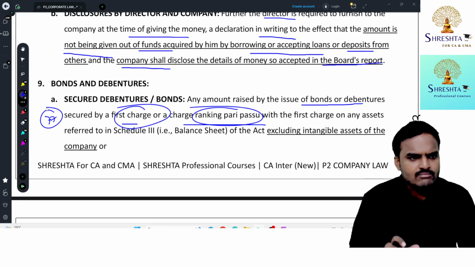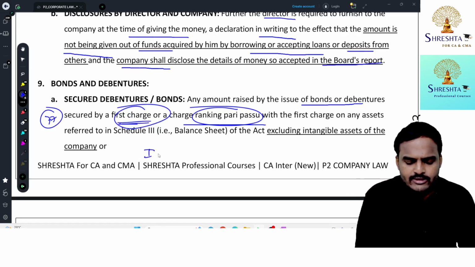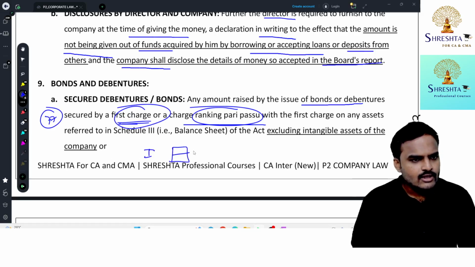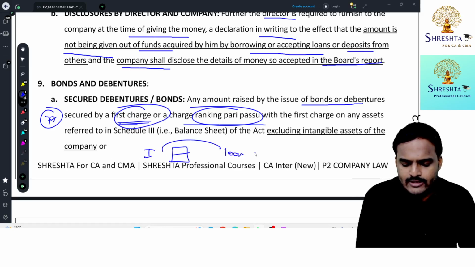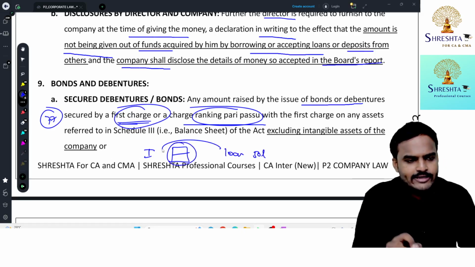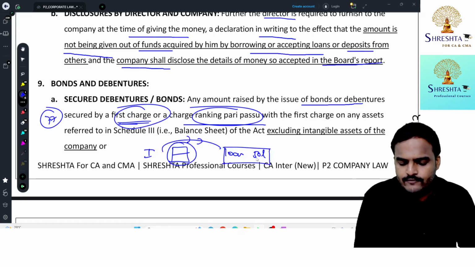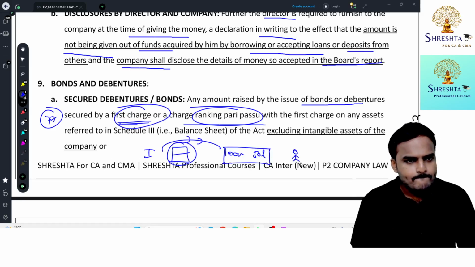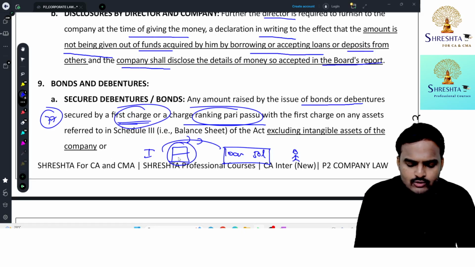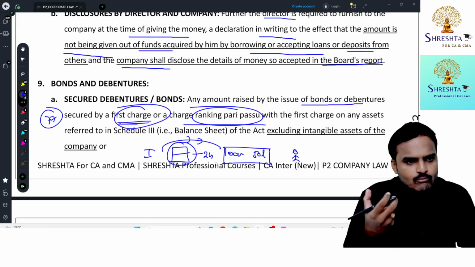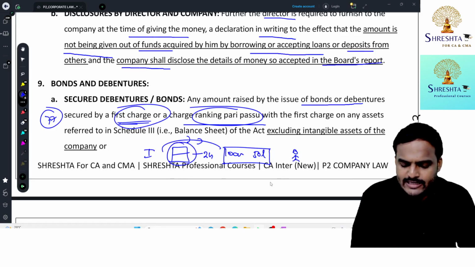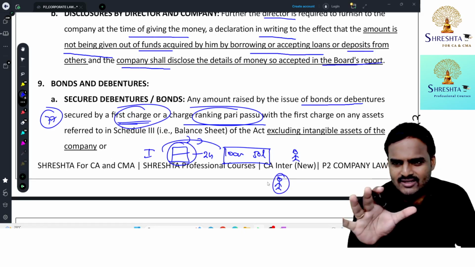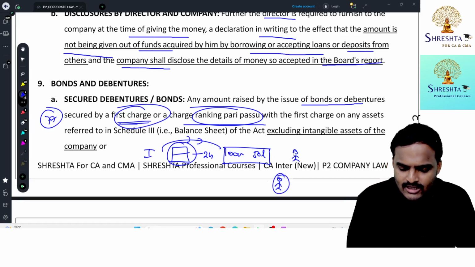But for the time being, first charge means for the first time creating charge on an asset against one loan. Loan of 50 lakh rupees. We are creating charge on this property, and we are giving the property in favor of the first lender. Imagine this property value is 2 crores. We need some more funds, and we went to a second lender. Sorry, I said borrower by mistake, lender.